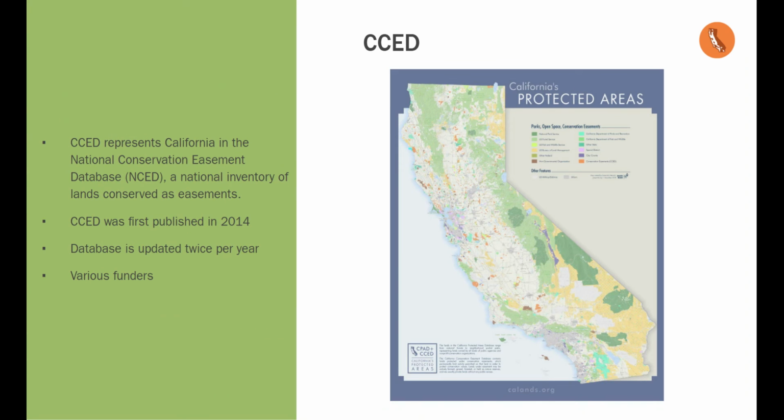CCED is the California element in the National Conservation Easement Database, NCED. NCED is a national inventory of lands conserved as easements, and it is managed by a consortium of non-governmental organizations. CCED was first published in 2014, and in 2020 it started being published twice per year, which we hope to